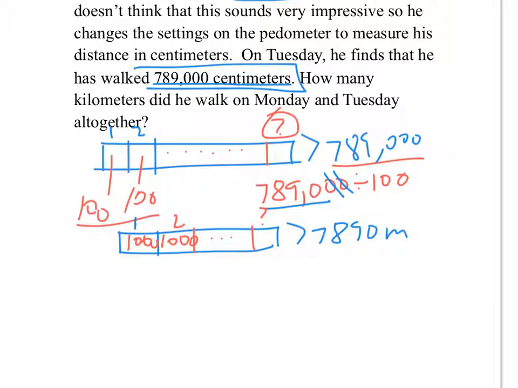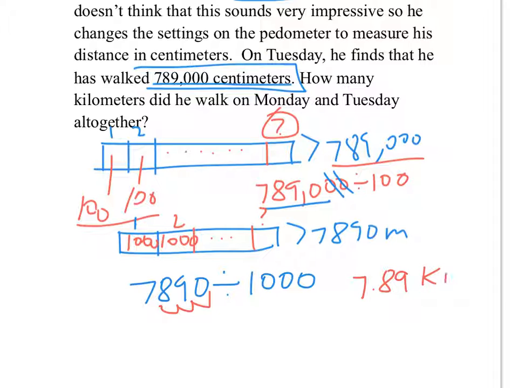So we're going to divide by 1,000. So we have 7,890 divided by 1,000. And to do that, we're going to move the decimal point over 1, 2, 3. Or you could say I remove one of the zeros and move the decimal point over. So we get 7.89. Now, does that make sense? Well, in terms of the problem, it doesn't seem that much different than what you walked the other time. So we have 7.89 kilometers